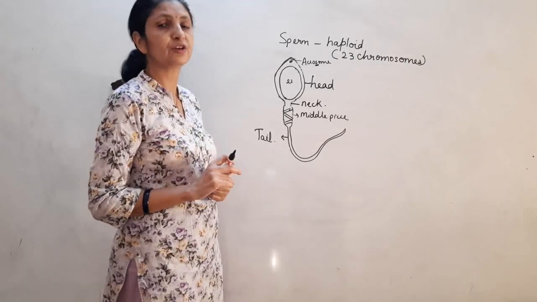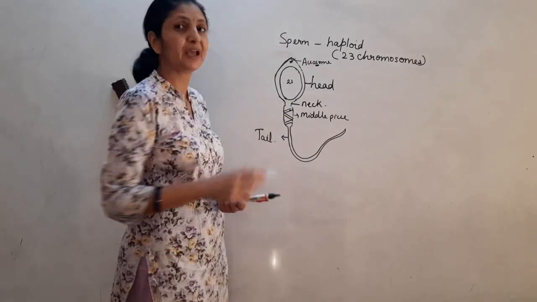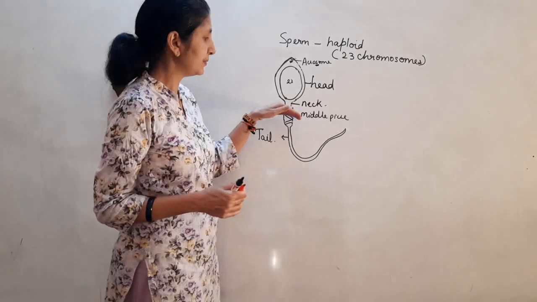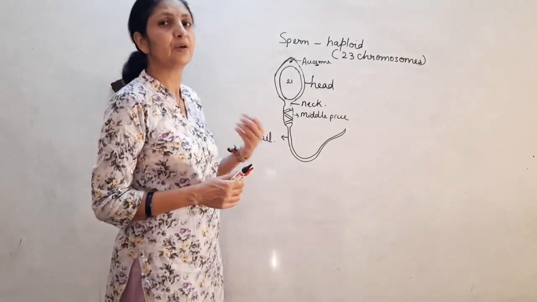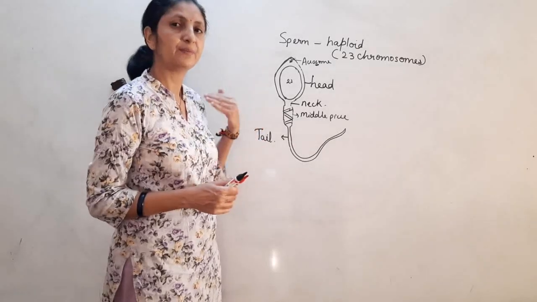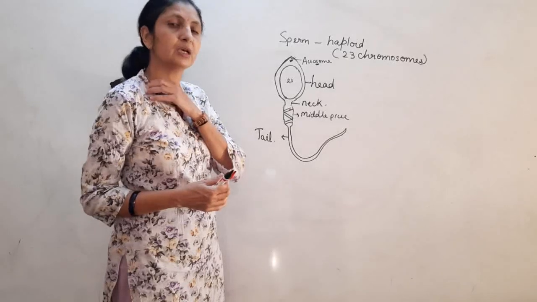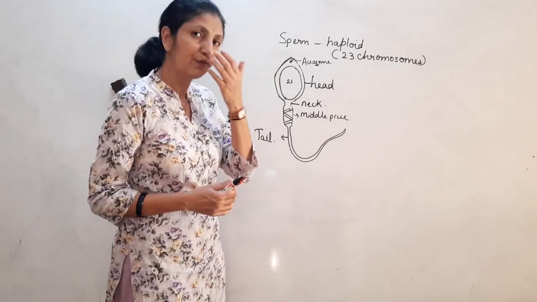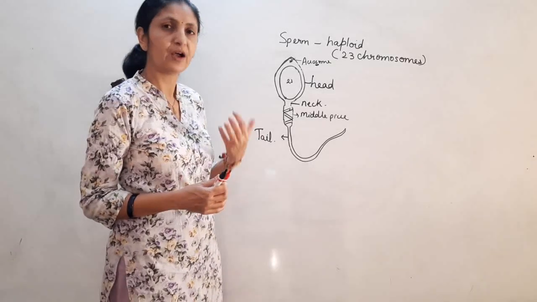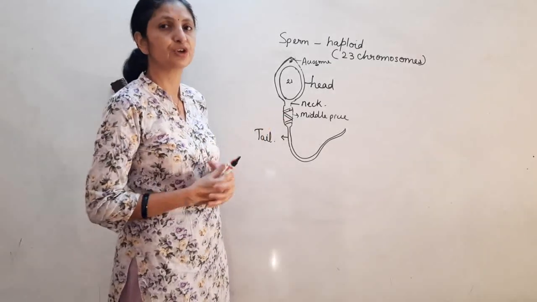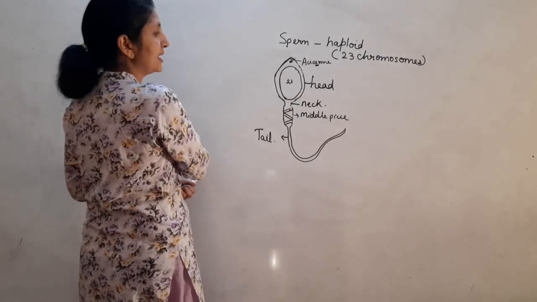Those mitochondria produce ATP. Why is it required? ATP is required so that the sperm can move. So those are mitochondria present in the middle piece which produce ATP, which help in the movement of the sperm, and then this sperm moves through the fallopian tube to the egg, and then fertilization, all the ova fertilization occurs, and then there is formation of zygote. So this is about the male reproductive